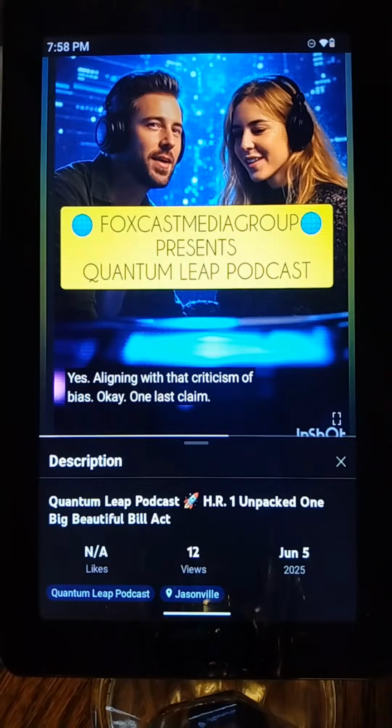Okay, one last claim. The process. Musk and others said it was rushed, nobody could read it. What did the sources say about how it passed the House? Well, they describe a very fast process. The House used what's called a closed rule. Meaning limited debate, limited amendments. Exactly. And the timeline was